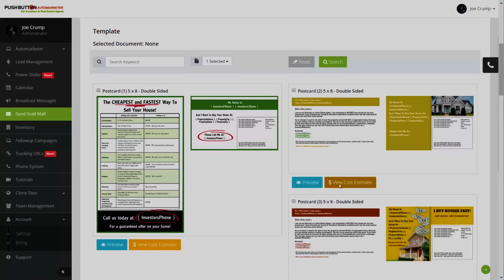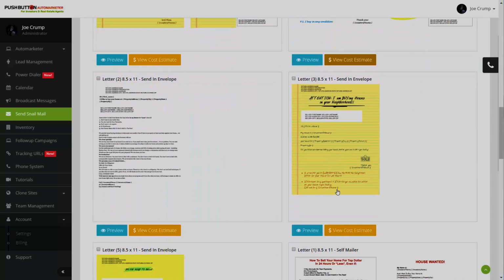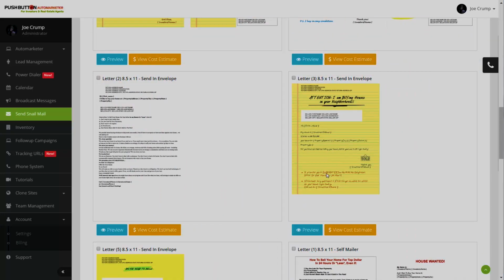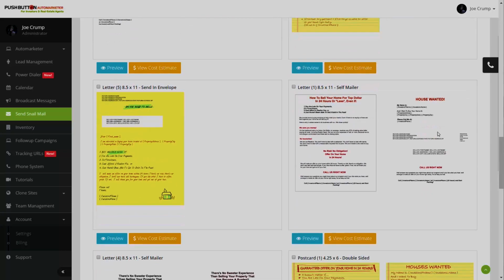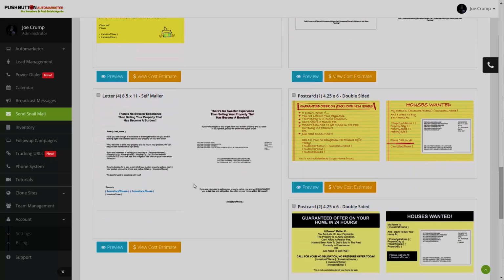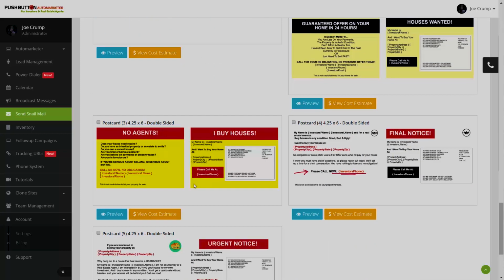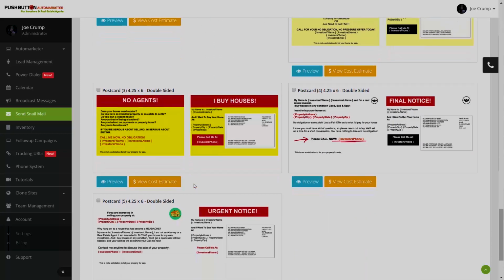So there's other things here as well. There's an envelope letter that goes out, yellow letters that go out. Here's another one that goes out. You can read these and decide which one you like the best, and you might want to test different ones and see which one works the best for you and gets the best response for the particular lead source that you have. Most of them are I buy houses type of leads, so that usually we use these types of